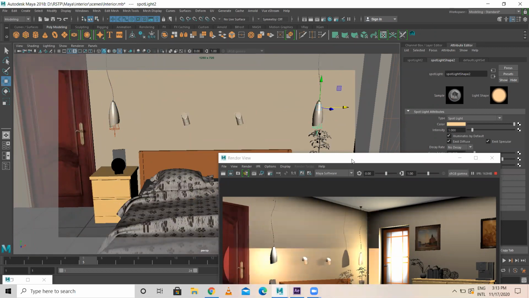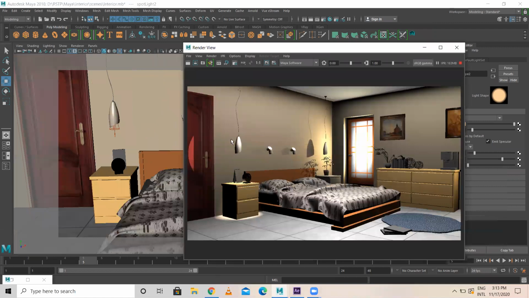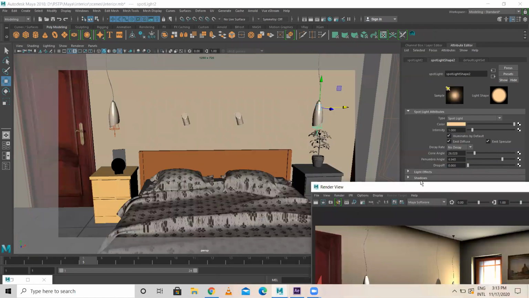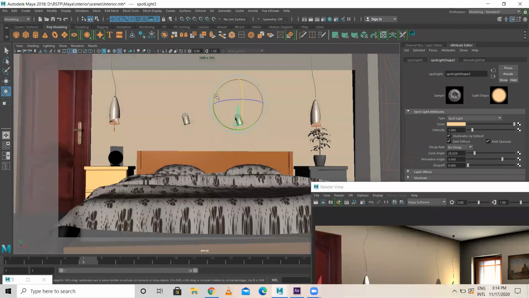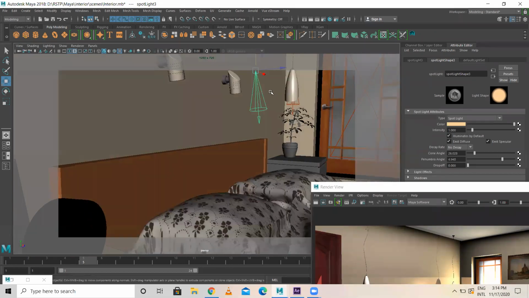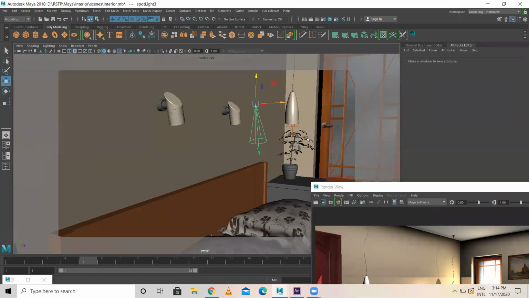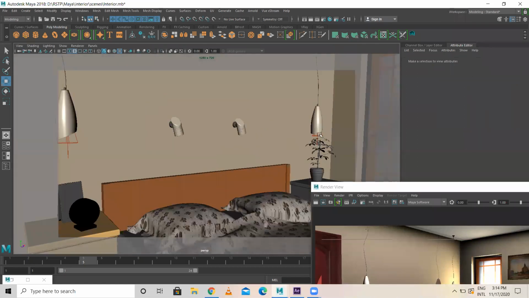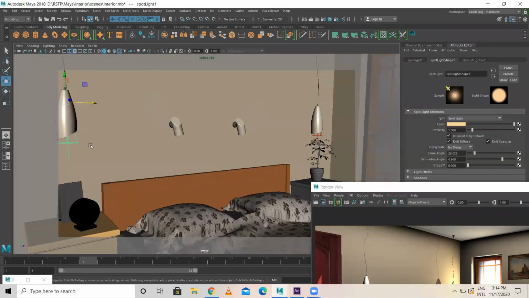Okay, see, you're getting this output. One here, two output. Then after this, I'll duplicate and I'll place one here and I'll rotate this, bring it down, or else let us delete this, not required. So right now there are two spotlights, one here, one here.